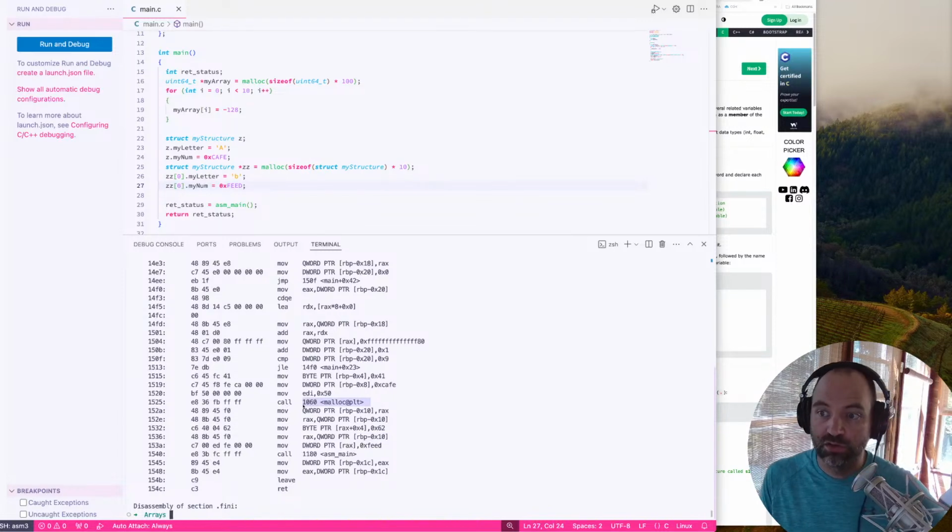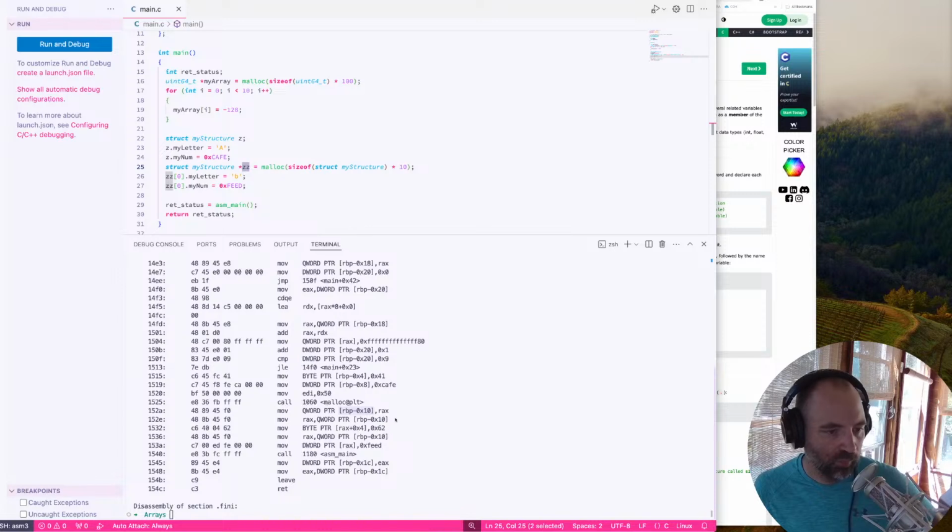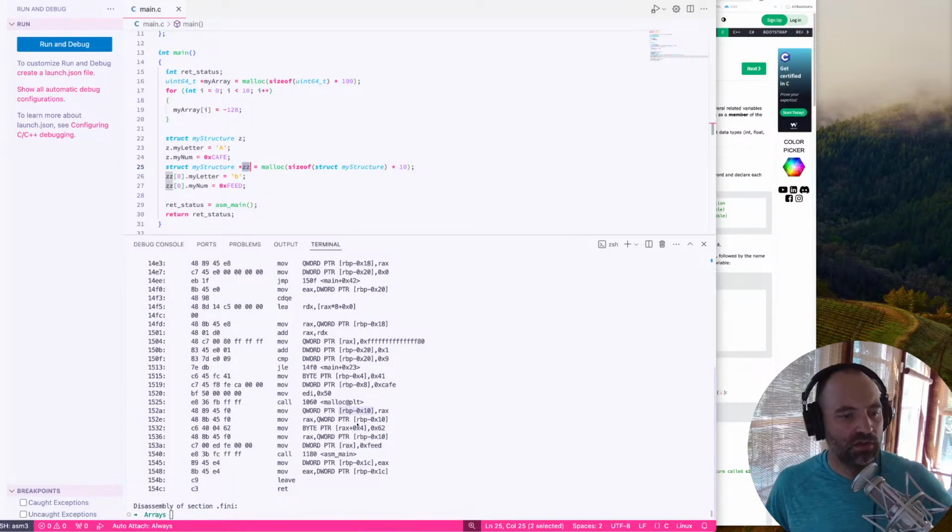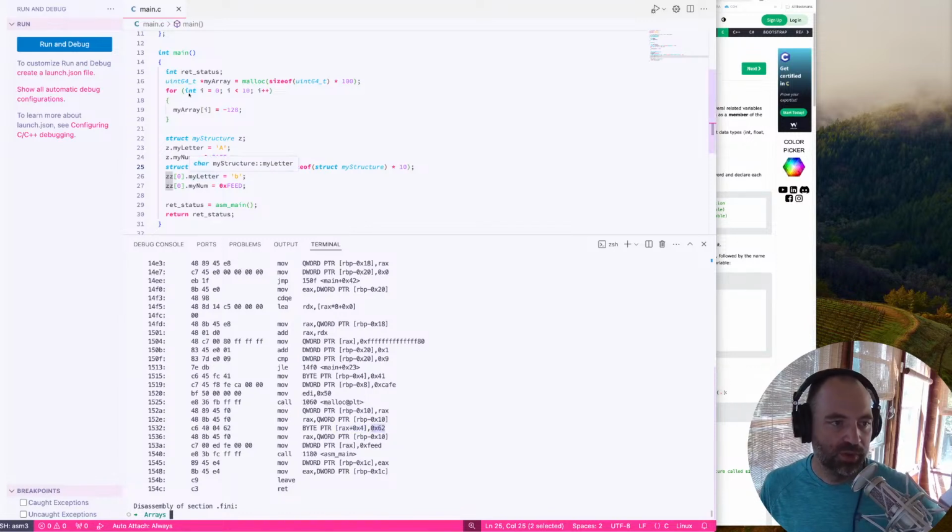Malloc is called through the PLT. The result is in RAX. RAX is moved into RBP minus 10. So that's where our ZZ pointer is. Of course, then it has to reload it into RAX. And then we add 4 to that pointer to store our B, which is the number 62, because of the way